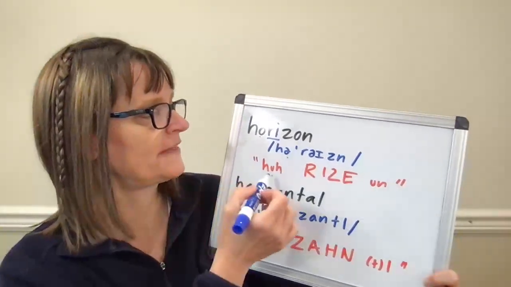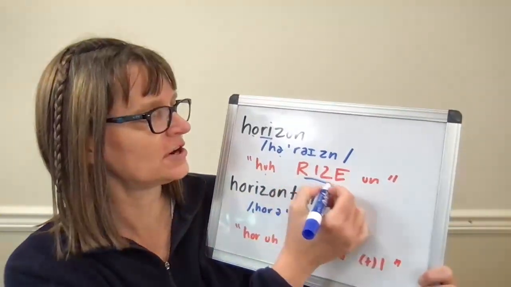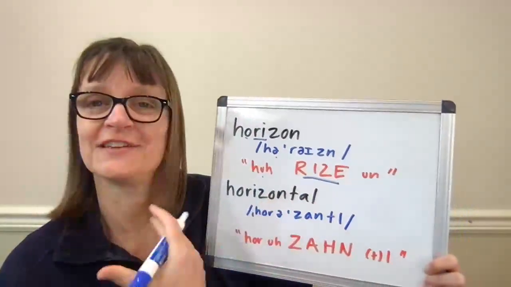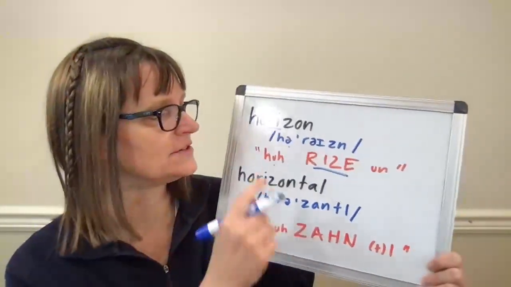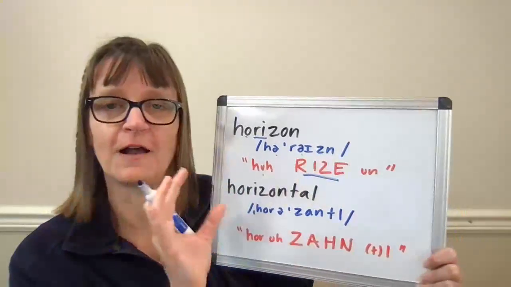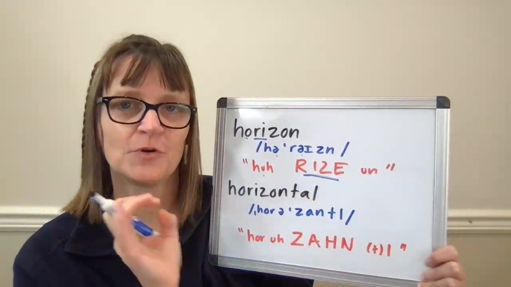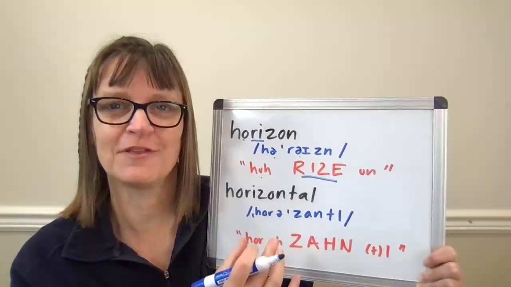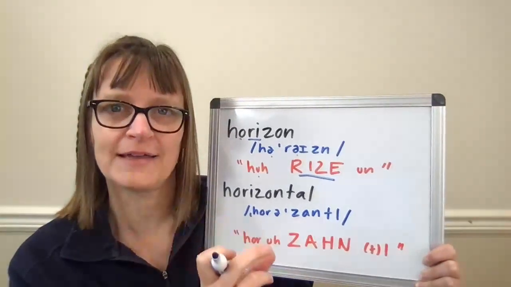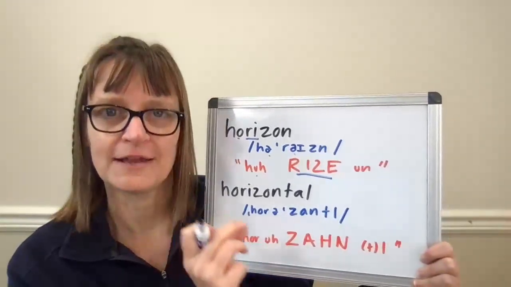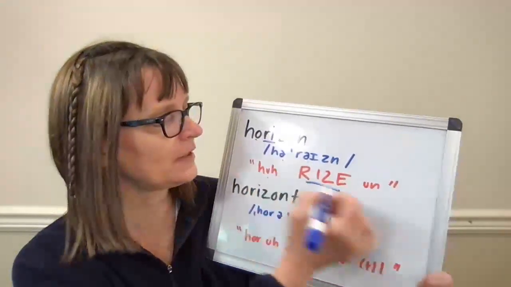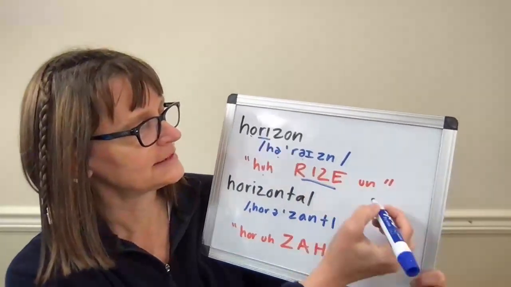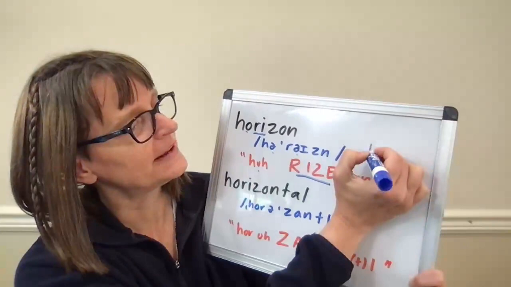Another way to get those syllables correct is to just start on the stressed syllable, rise. This is just the same as the word rise, as in rise and shine. And so you have here the diphthong I. You can start with your word rise or your syllable rise. And then when you add that first unstressed syllable, the rhythm comes more naturally. So try rise, horizon, or rise, horizon. That's how we keep this first syllable very short. And then horizon. I could also write it like rye,